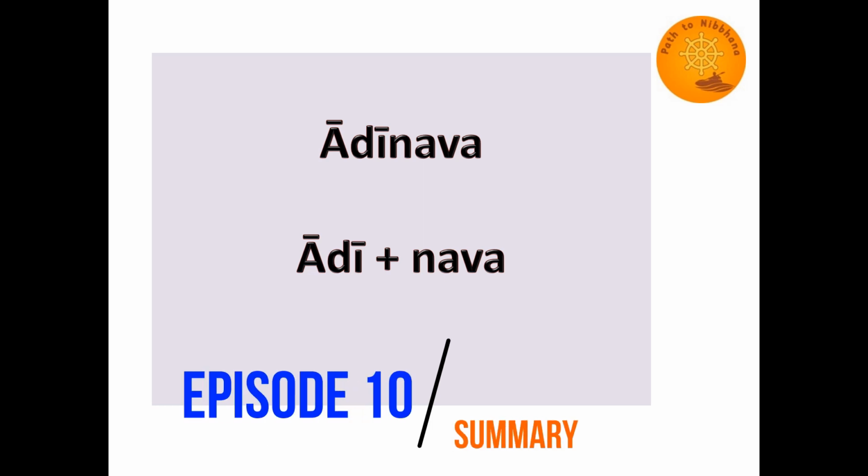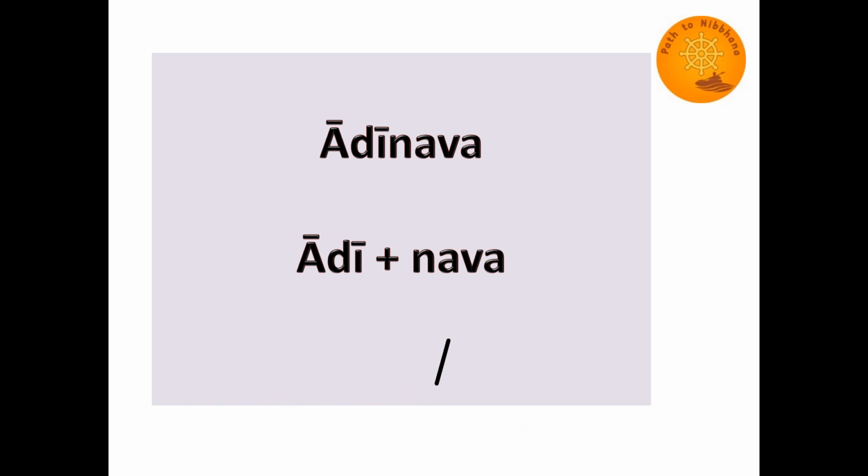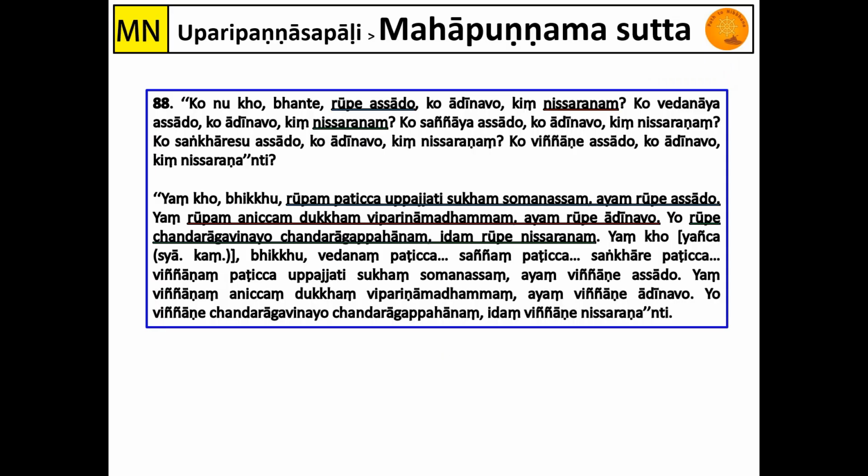In the previous week, episode 10, we looked at Adinava. Firstly, we looked at Adinava, which is Anicca, Dukkha, Anatta, as Sanya, and then we understood that Sanya is getting together with wisdom, Jnana ta Sang. So that is how Sanya happens. We looked at how Asada is created in the